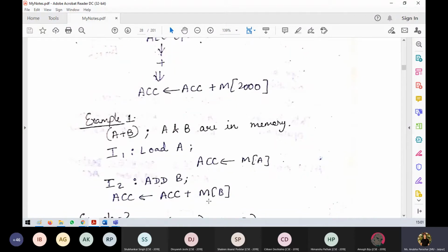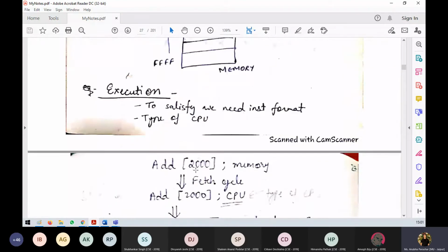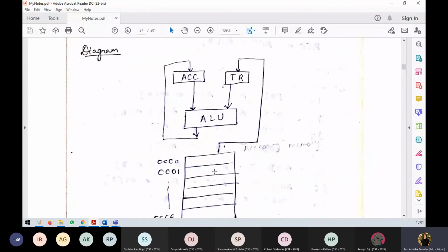Next, from memory we can directly load the value and add to the accumulator, and then we can store it in the accumulator. To analyze this, you can think one of the values is coming from memory, one of the values is there in the accumulator, it is passed to the ALU and it is performing the operation. After the operation is performed, it is stored in the accumulator. That is what is happening.